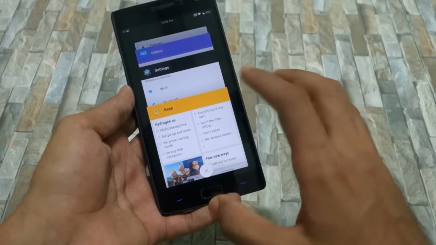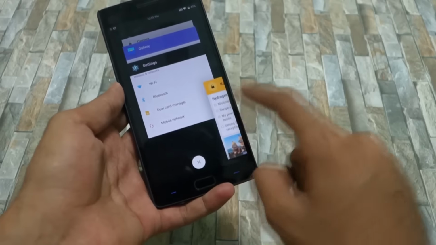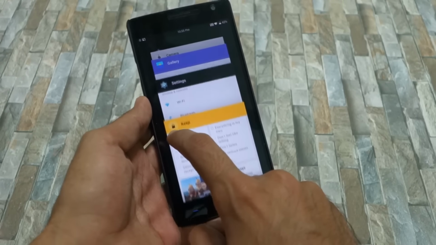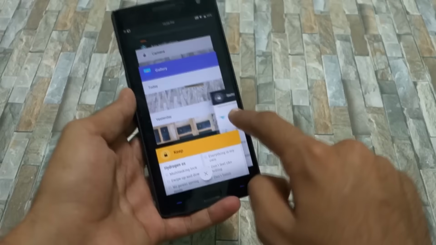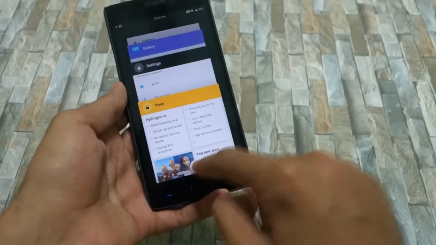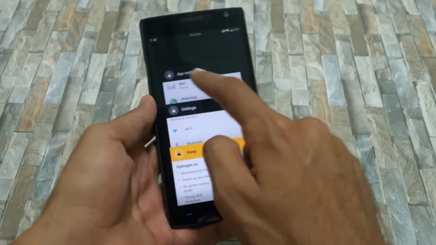And one important thing with the multitasking tray is that if you want to lock any of the applications, then just swipe them to the right and the application will be locked. So as you can see, the lock sign over here. And if you want to lock the settings application also, you can lock that application also. And to remove all the applications, simply press this button, and those applications which were locked earlier will remain in